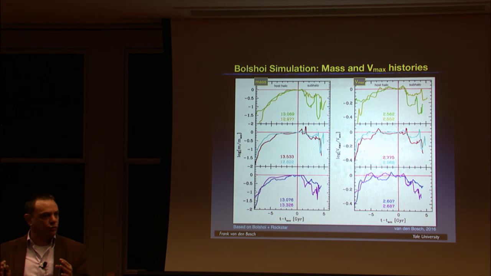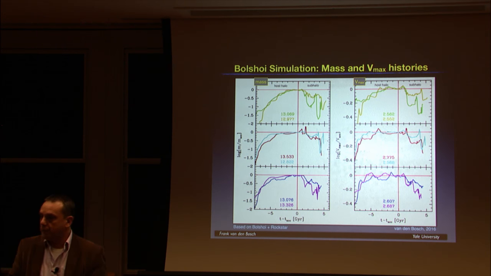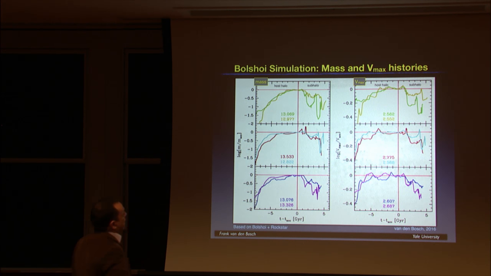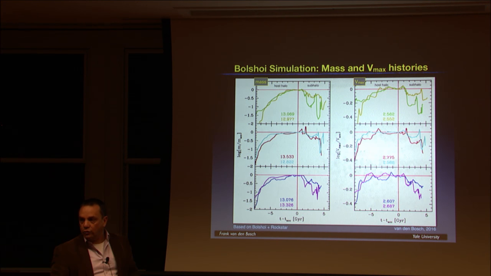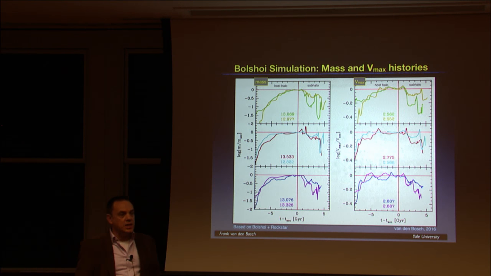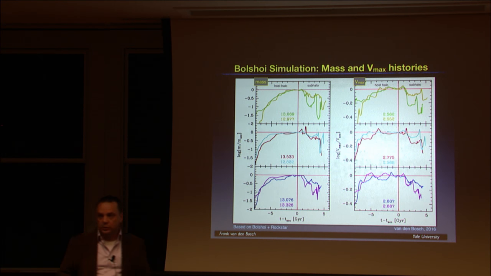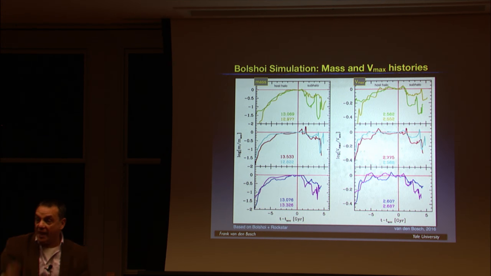No, these are well-resolved halos. 15,000 at accretion. This is time, this is mass. So I plot only 2 per panel to avoid overcrowding. Here is where they are host halos, so they're still growing in mass. Then they become a subhalo, and this is where I expect the staircase-like behavior. But I don't see staircase-like behavior. This is stock market behavior. Things go up and down and then go up.